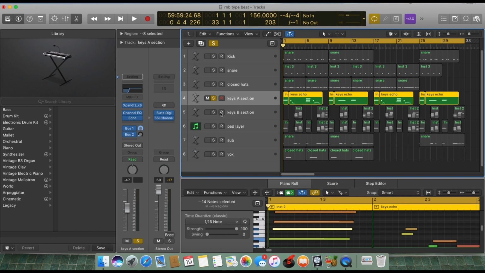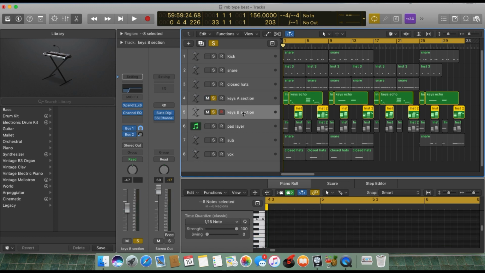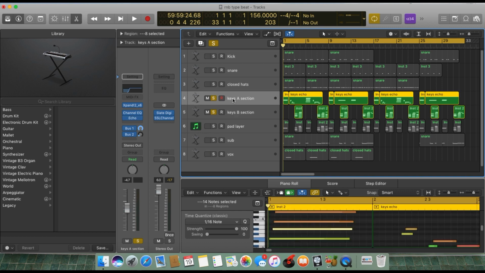I'll let you hear what I did to it. I did two parts. I played one part, and then, like I said, I'm not the best keyboard player, so I had to record the second part of the piano section separately. But whatever you have to do to get it right, we're not trying to be the best live musician. We're just trying to come out with the best production we can. All right, so to let you hear that,